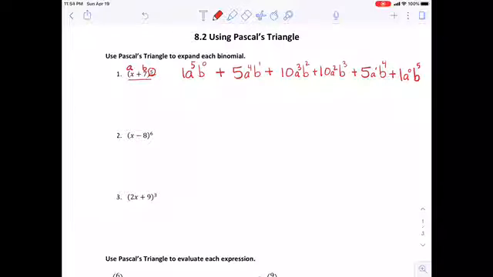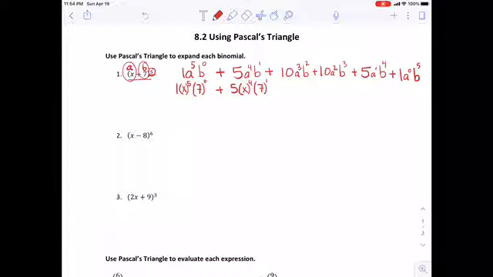Well, now I'm going to replace my A's and B's with the numbers. Remember that A was x and B was a positive 7. So this becomes 1 times my A, which was x, to the 5th power, times my B, which is 7, to the 0 power. Plus my next term, 5 times A, which was x, to the 4th power, times B, which was 7,